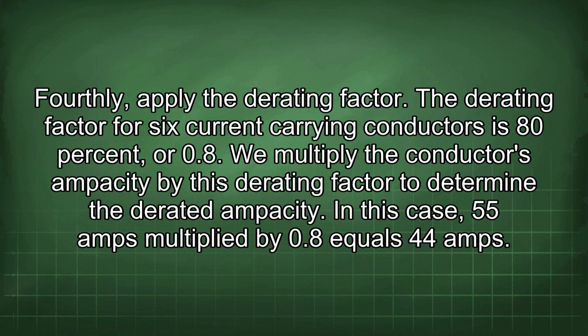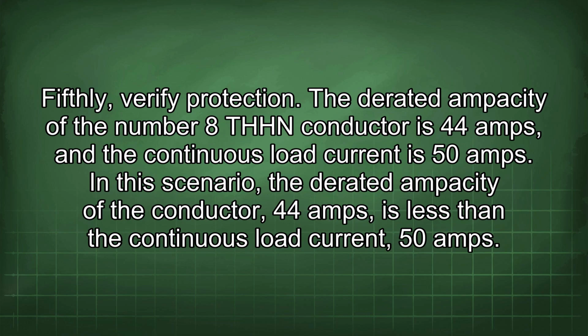Fourthly, apply the derating factor. The derating factor for 6 current carrying conductors is 80%, or 0.8. We multiply the conductor's ampacity by this derating factor to determine the derated ampacity. In this case, 55 amps multiplied by 0.8 equals 44 amps. Fifthly, verify protection. The derated ampacity of the number 8 THHN conductor is 44 amps, and the continuous load current